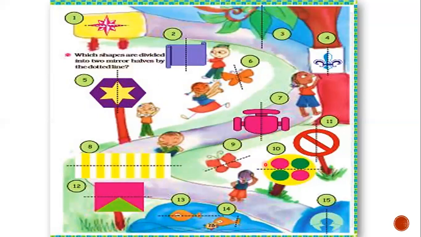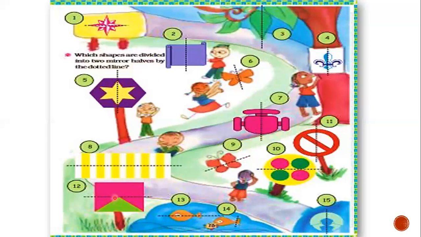10th one, if we look at the figure, you may think it is the mirror half, but if we consider the color, it will not be the mirror half, right? In the mirror half, you will be seeing this part as the pink color and it will be looking green. So according to color, if we check, it will not be the mirror half. So here, 8 will be the mirror half, 9 and 10 are not the mirror halves. 11 also not the mirror half, because here it is not even dividing into two symmetrical halves.